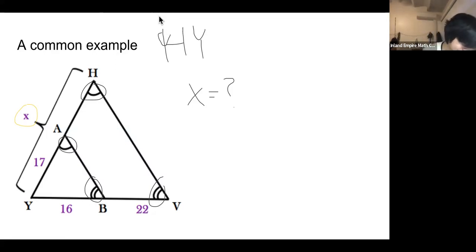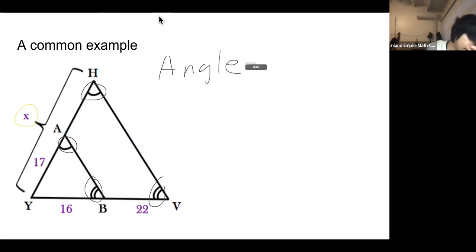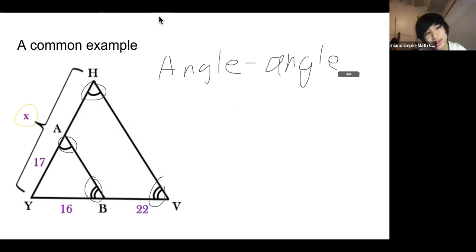Okay, so we can use AA similarity, which is angle-angle similarity, here. Angle-angle similarity is that two of the angles in two triangles are the same, therefore they are similar. And also in this case, we can technically have three angles we know, because we know that